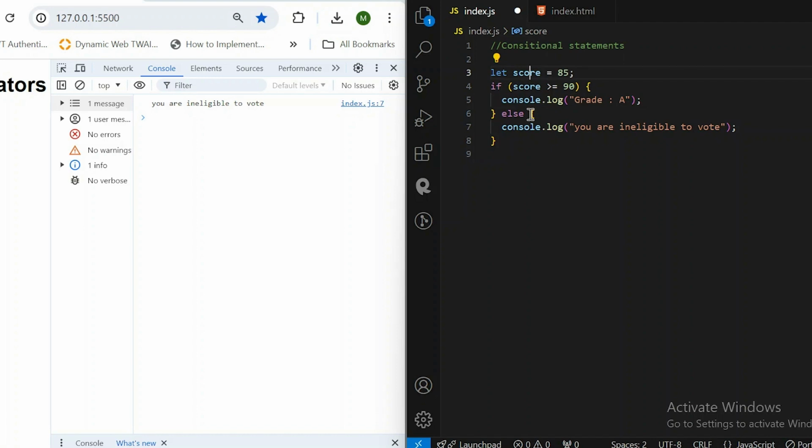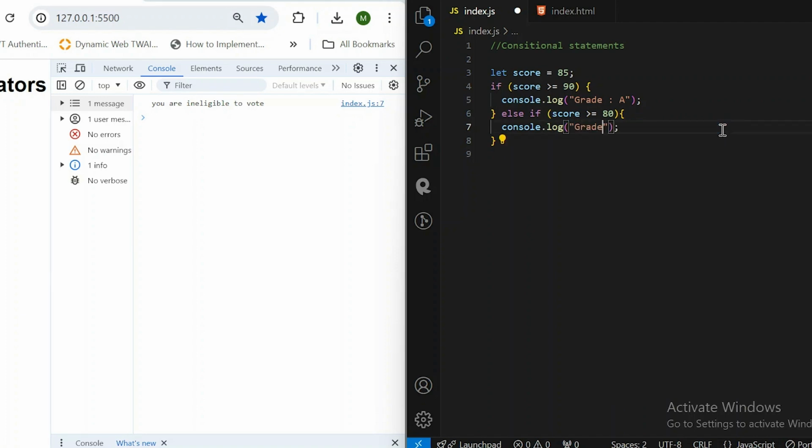The second condition is if the score is greater than or equals to 80, else if score is greater than or equals to 80, then you need to see